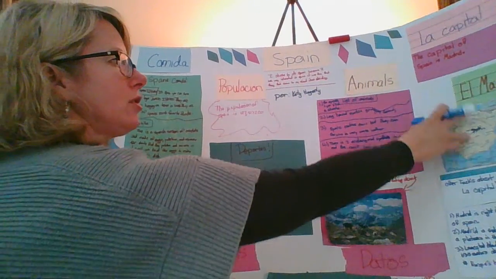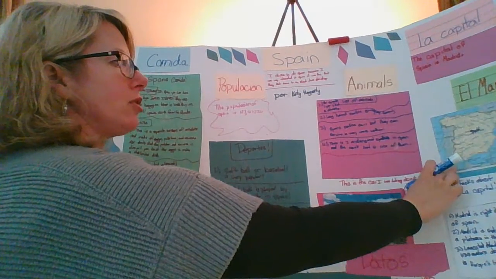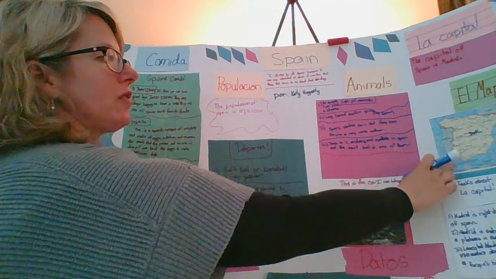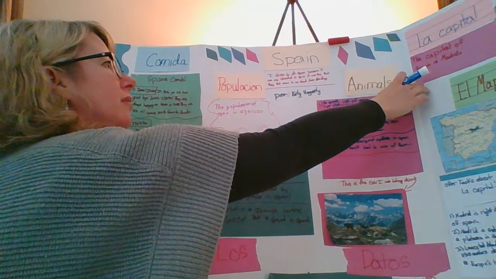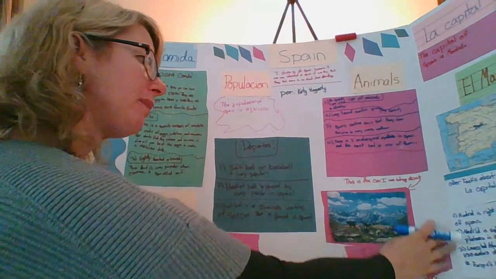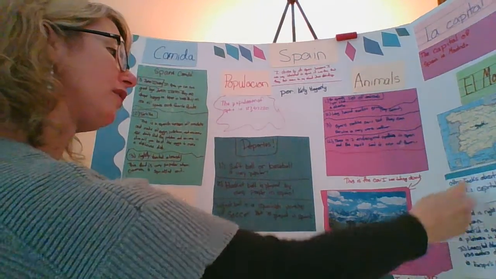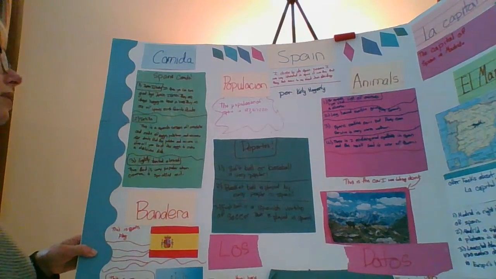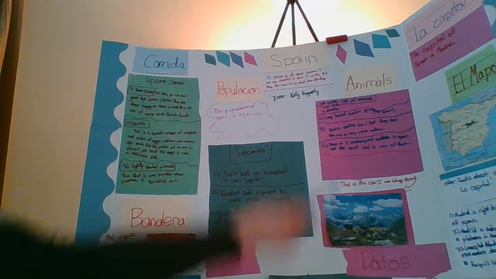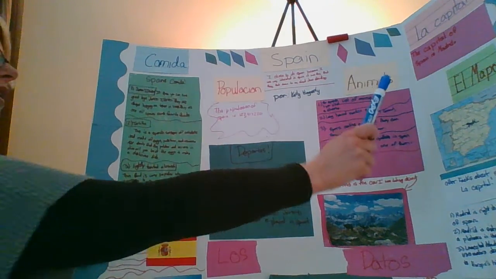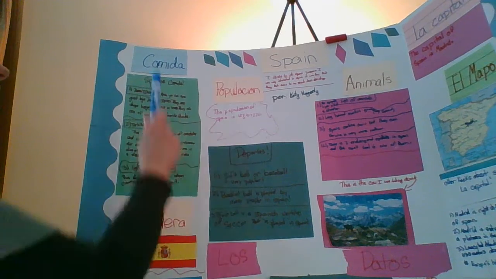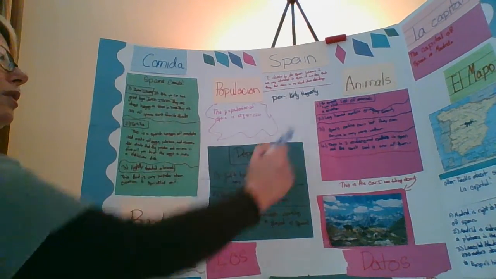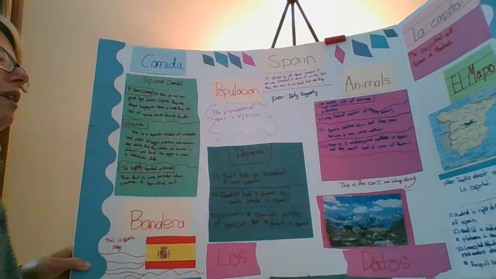Over here, she put a map of her country. So she labeled it El Mapa, which is fine. She could have also put El País. She put La Capital up here. The capital of Spain is Madrid. And then just some more fun facts about the country of Spain. All right, so she's got her country map, her population, her flag, her comida, food, her sports, deportes, her animals,